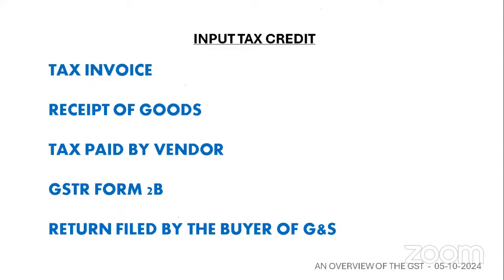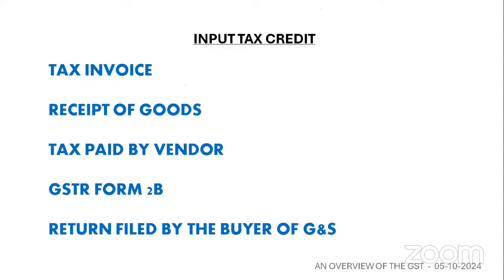If the vendor collects a tax from you and does not pay to the government, you cannot take the credit. Number four, the amount of the credit should be reflected in a form called GSTR 2B. Now, this is a mechanism where you can find out whether the vendor has paid tax to the government or not. So, whenever a vendor reports the sales made to you in his form, that will appear in the purchaser's form called GSTR number 2B. He can see that particular transaction in GSTR 2B, then he can decide to claim the ITC.